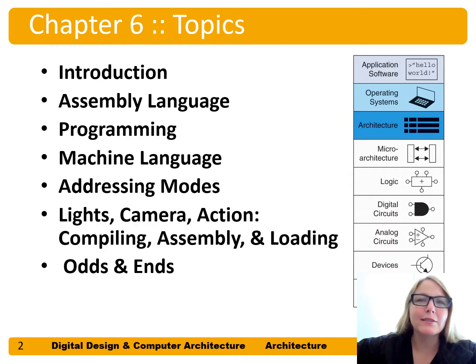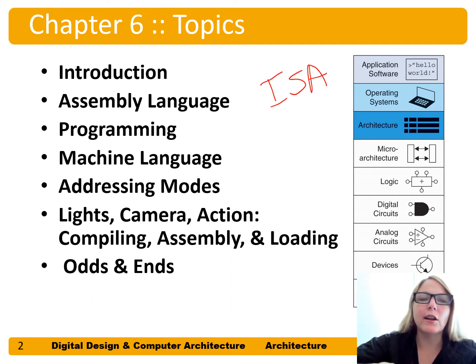Now we're going to talk about Chapter 6 topics, which talk about computer architecture. So computer architecture is the instruction set architecture, or ISA, that we're going to use for a processor. And the instruction set architecture consists of the assembly language. So this is the human readable format of these kind of very small instructions like add and subtract. And then we convert those into machine language, and that's just the ones and zeros, the encoding of these assembly